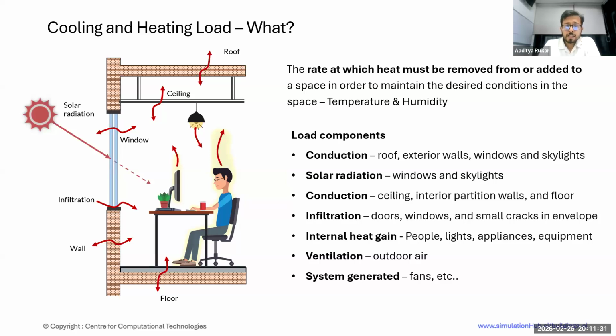Internal gains also contribute, then infiltration, because your space might not be fully airtight.